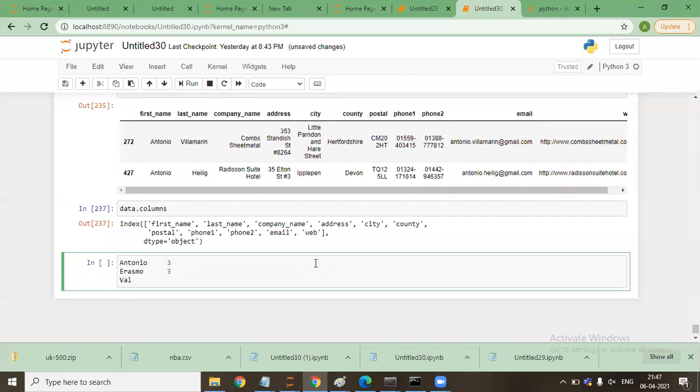I want the city of the people whose first name is Antonio, Erasmo, or Val. I actually want to see in which city they live. So just write it on a piece of paper.